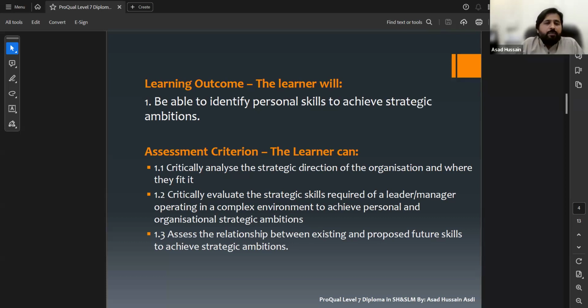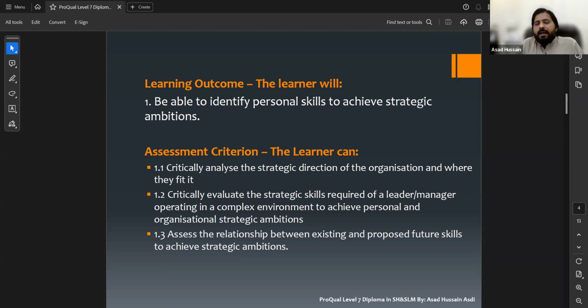The second one is 1.2, critically evaluate. When you are doing this critical analysis, you are building up your competence as a learner to become a strategic manager. So 1.2: critically evaluate the strategic skills required of a leader or manager operating in a complex environment to achieve personal and organizational strategic ambition.